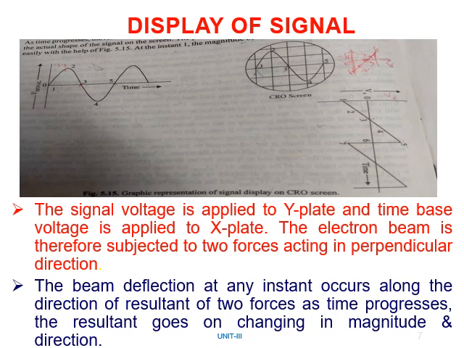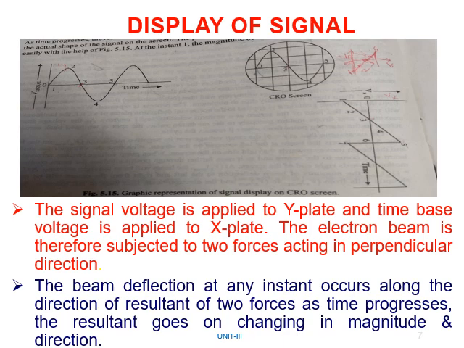Okay, because we have to consider as we are drawing the graph. Okay, if x coordinate is maximum negative and y coordinate is 0, then the point will be on the left side. Similarly, at point 2, y coordinate now is maximum positive, that means voltage given to the Y plate is maximum positive and to the X plate is less negative, so the point will be in the second quadrant.